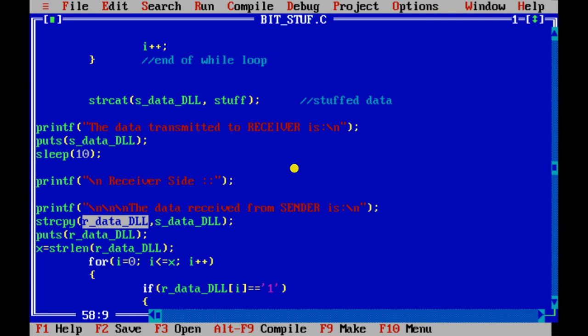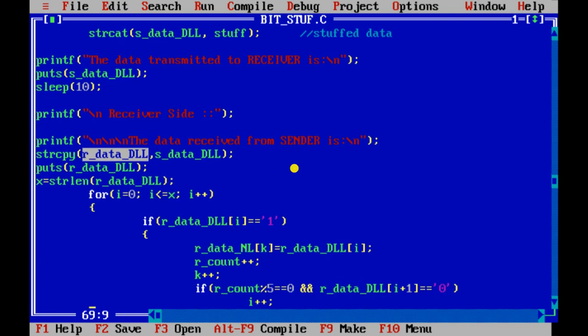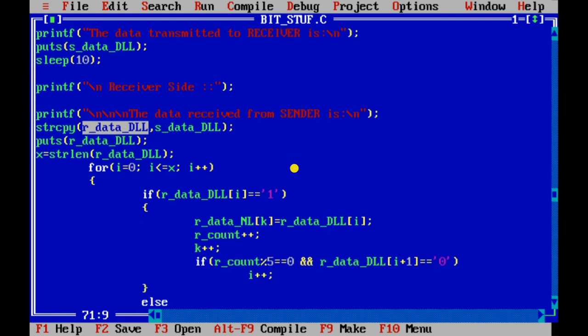So put that data which the receiver has received. After this you are going to do the destuffing process. In the destuffing process you do the same thing: the received data is copied into another frame.